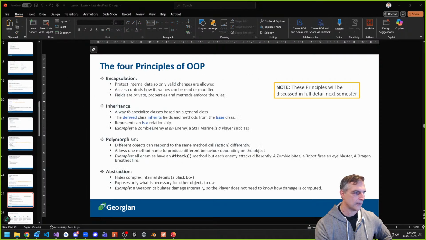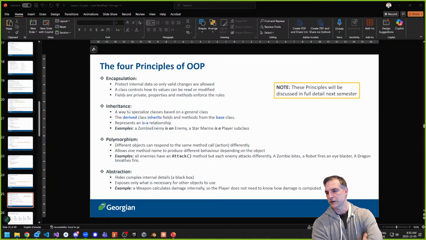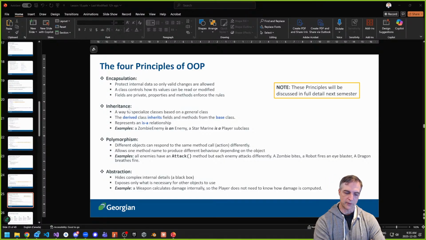Lots of control. I'm just going to go into some principles and then we're going to take a break, okay? These principles, I don't need you to 100% remember, but I want you to hear them so you've heard them before. And then maybe when you get into this next semester, you'll know more about them. So these are the four principles of OOP. And if you go against any one of these principles, we can say that you are violating them. Sorry to say it that way.